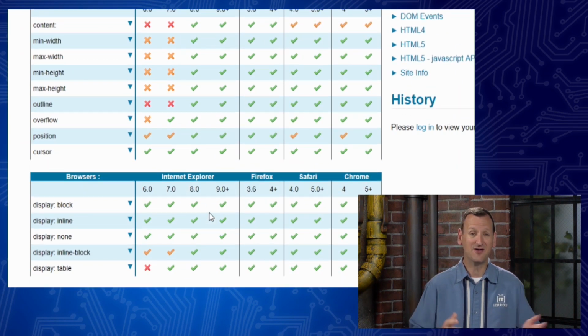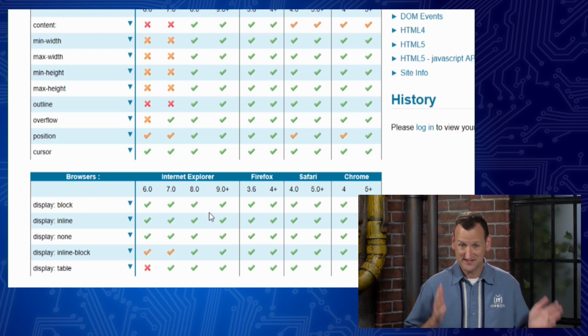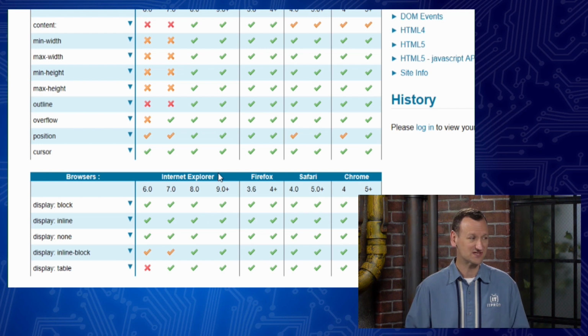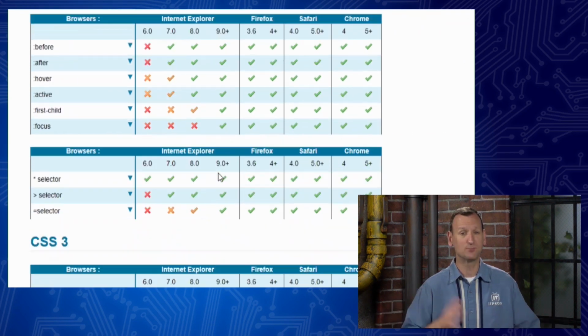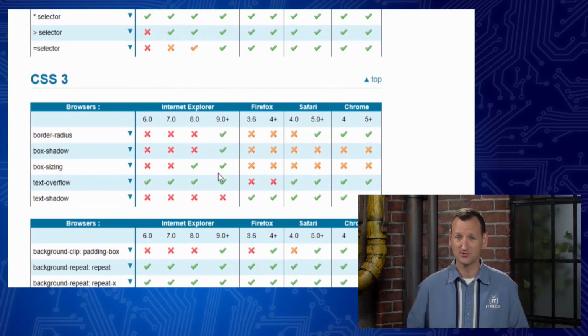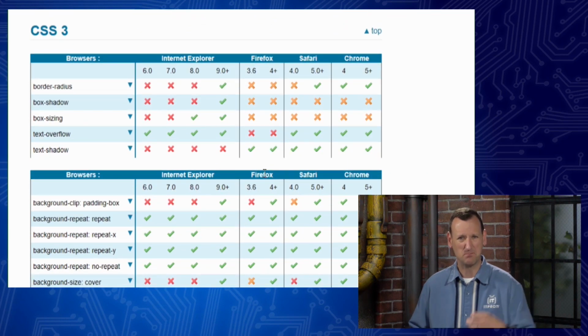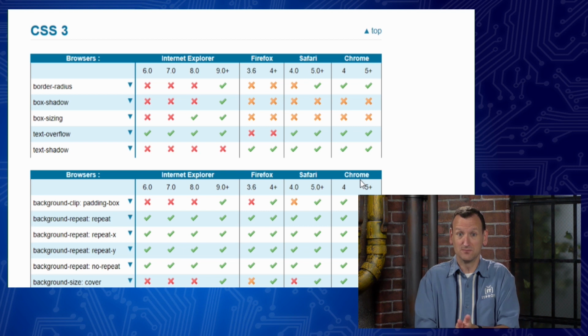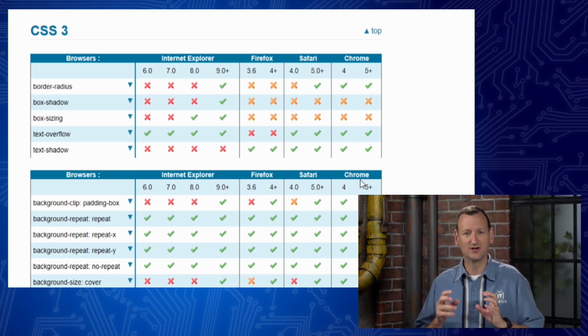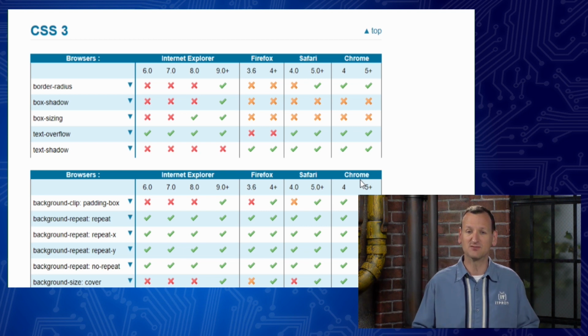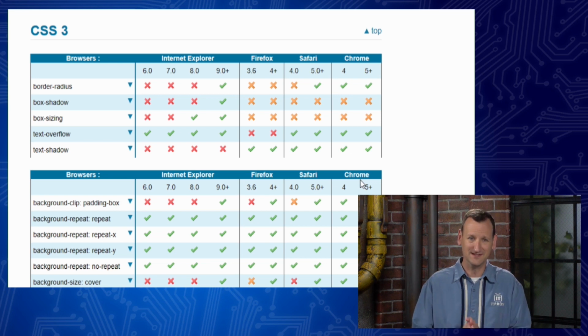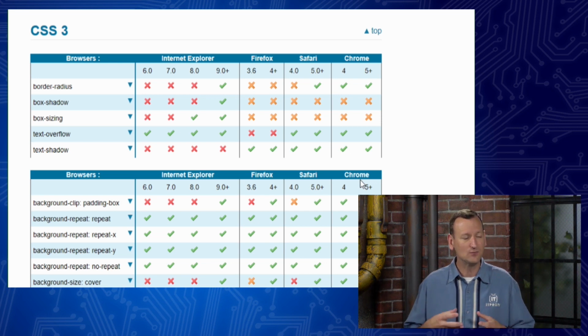Windows XP came out in 2001, 17 years ago. And how many people are still running Windows XP today? Microsoft doesn't even support Windows XP or Internet Explorer 6 anymore. So is it bad that we don't support Internet Explorer 6? No, you shouldn't be running IE6. IE6 is a very non-secure browser that puts your data at risk. You shouldn't be using it. But that's something we have to think about, right?